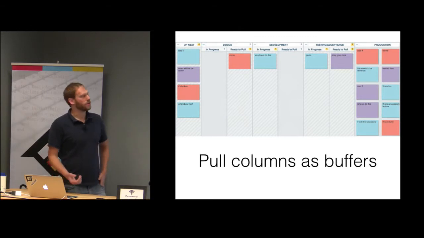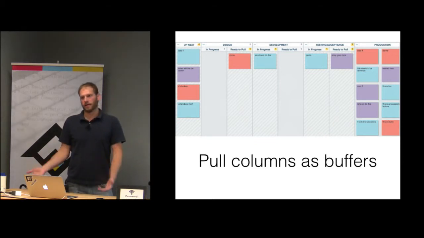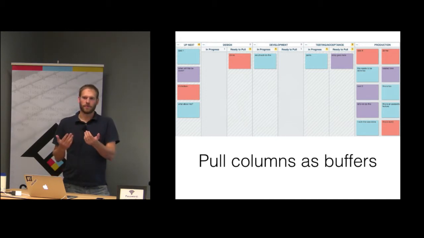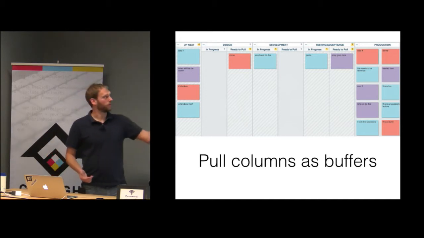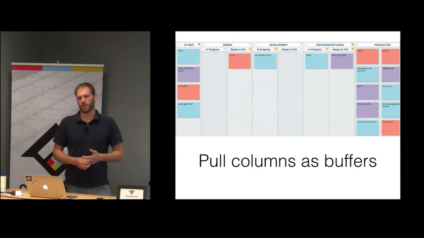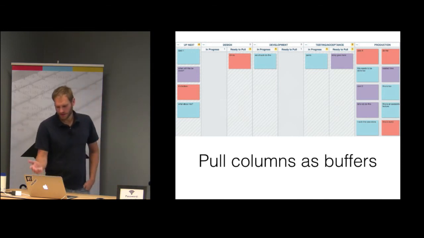So if there was a card here, we can't predict how long it's going to take for the story to be completed by the next person who's working on it. But if we give ourselves a little bit of buffer, one card, let's say, which is really the ready to pull column, then we can mitigate some of that effect of unpredictable stories. And since I'm going to give this talk at a hall